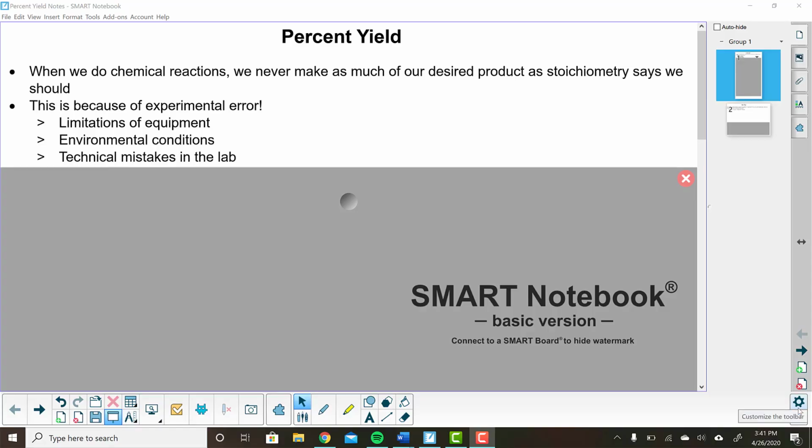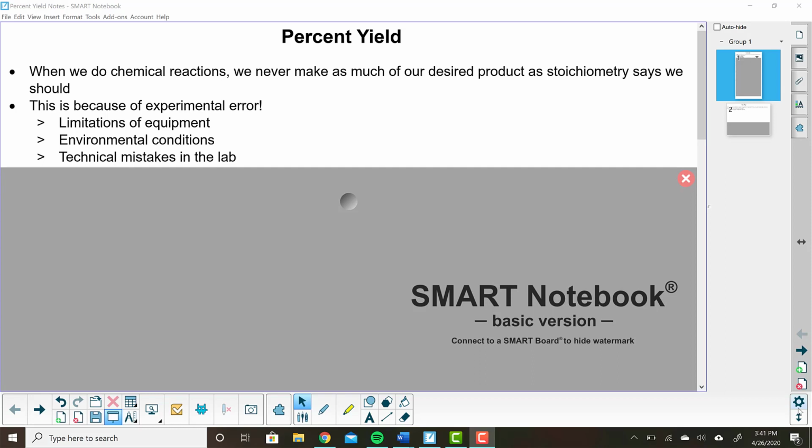Hi, everybody. Over the last couple of weeks, we've been talking about stoichiometry, and throughout this whole semester, we've been talking about chemical reactions and the signs of them and how to predict the products. And with stoichiometry, we've added a math component to that. We've started talking about how we can predict how much of a product we will make. This week, we're going to take it a little bit farther, and we're going to talk about what really happens